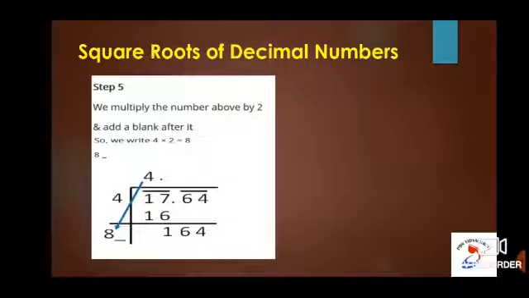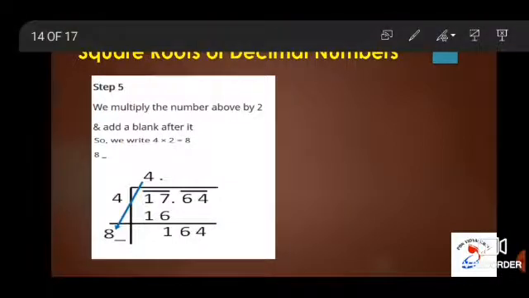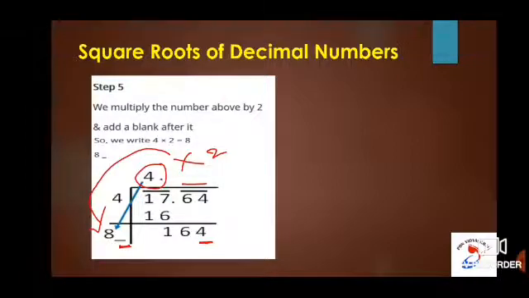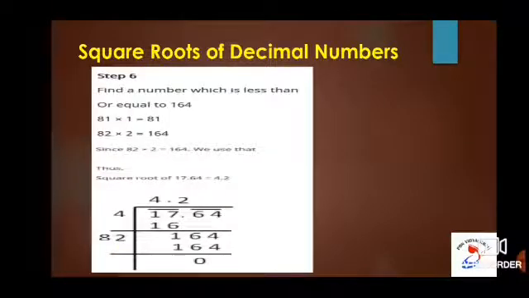After this, as I have told you earlier, this number 4 should be multiplied by 2, which will give you the result as 8. Now, whatever number you place next to 8, the same number you will place on the quotient also. So it is ending with 4. So check which are the options where you can get the result as 4.